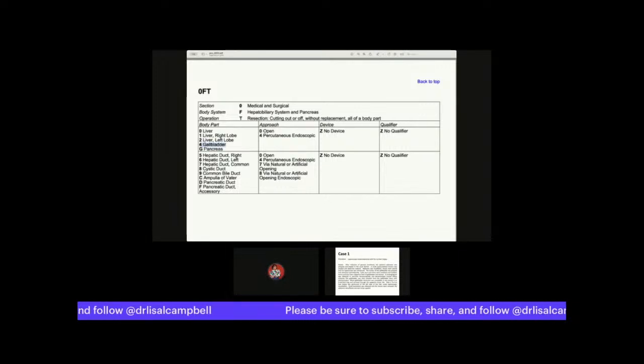Then we have the gallbladder as the body part. And then now is the $1,000,000 question. What is the approach? In this particular case, the approach is percutaneous endoscopic because they use the laparoscope. No device, no qualifier, which makes the final code 0FT